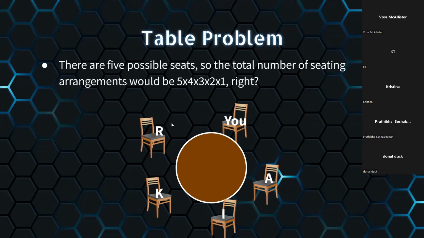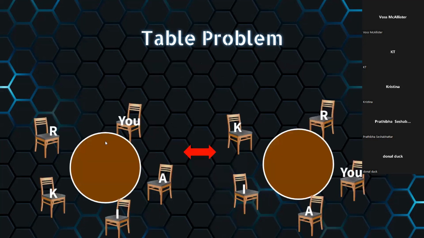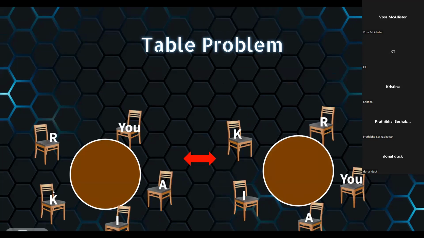No, I don't think so. Minus. You're really close though. So basically, the problem with tables is that you can rotate. Like right here, you see that it's just been shifted to the right 1 seat. So this is the same arrangement, just you're looking at it from a different angle because it's a round